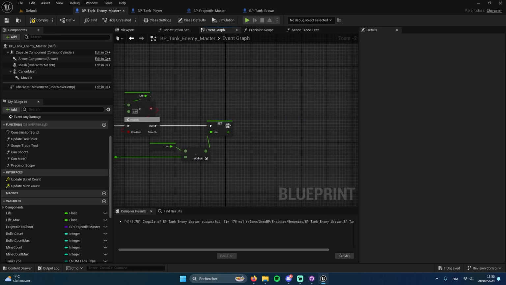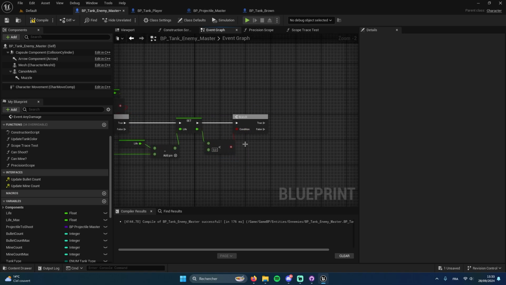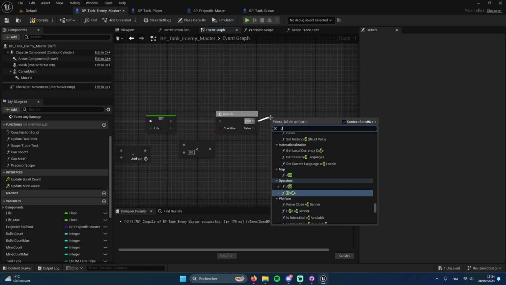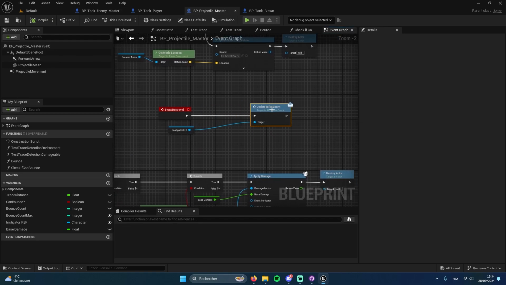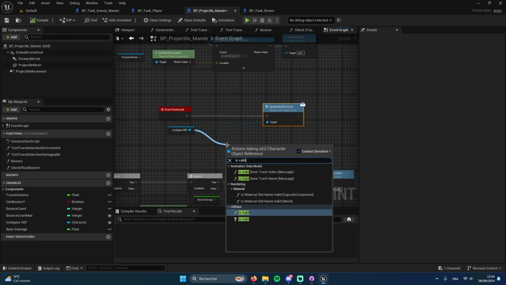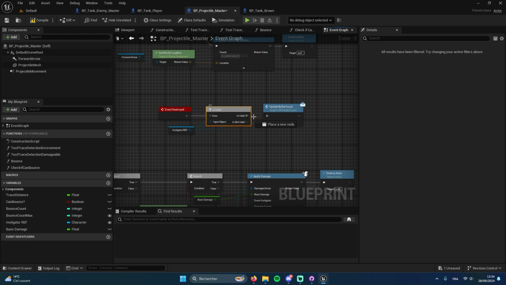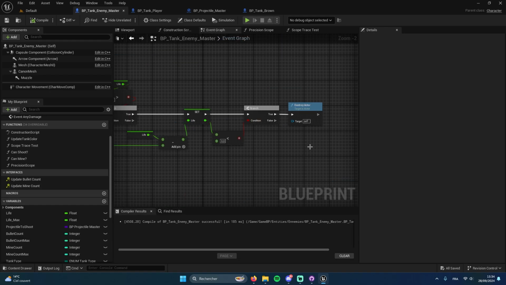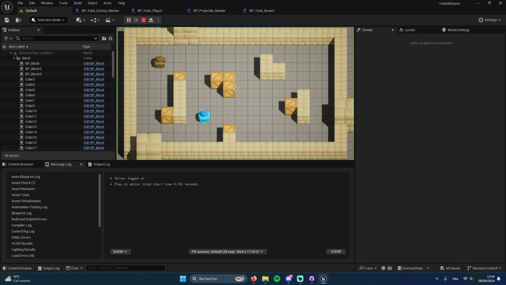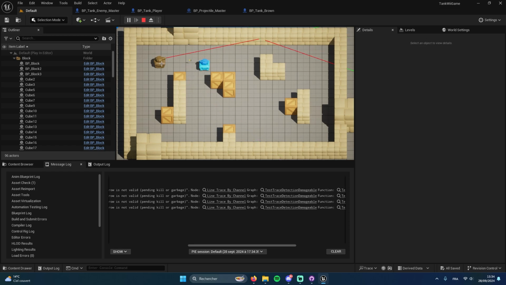So put like this. And after this, we want to check again if the life is less than 0, we want to destroy actor. Here, into the projectile functionality, let's put an isValid to make sure that it's calling the instigator ref only if it's valid. Because now we destroy the enemy when we shoot at him. So let's try it. Now, if I shoot,